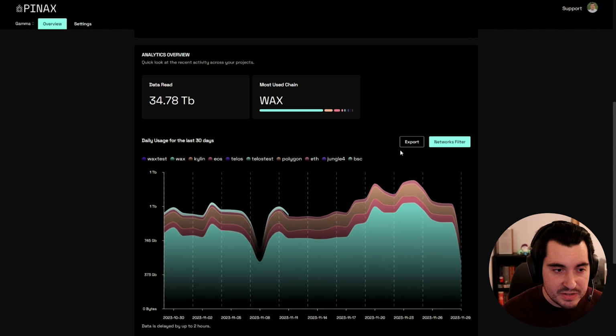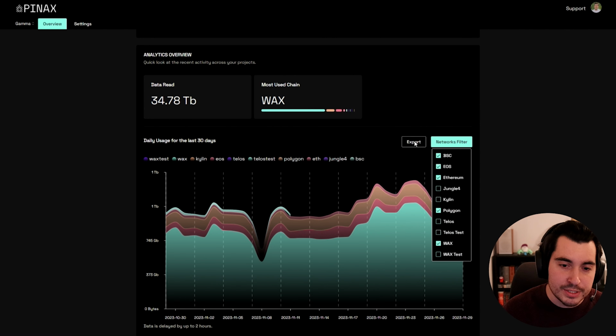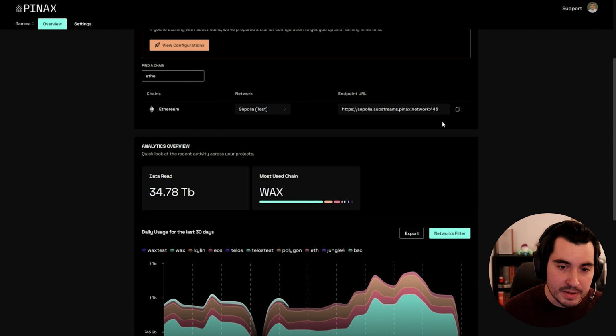And then for that specific project, at the bottom, again, like we had on the overview with all the projects, this data is project specific. So in my account, I'm really using just one project. So all my usage is in that project also. So it's the same data, but for you, if you have multiple projects using different networks and having different stats, you will see a difference here. Again, I can select my networks, export the data, all the same as we had it.